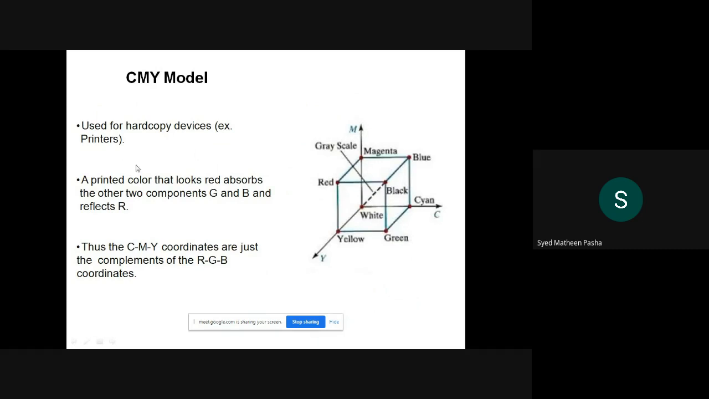There are some more examples, or I can say some applications, with respect to the CMY color model. It is basically used in hard copy devices such as printers, which is one example. The printed color that looks red absorbs the other two components, G and B, and reflects R. What this tells us is that if you want to print the color red,